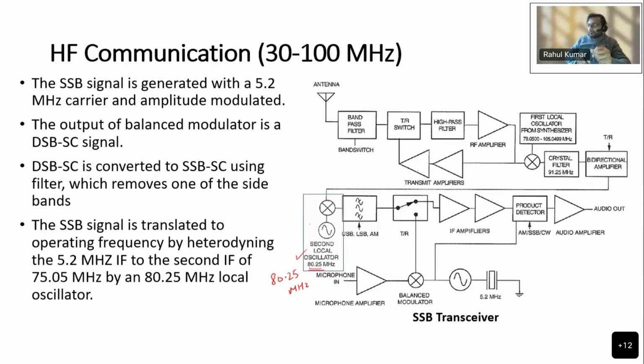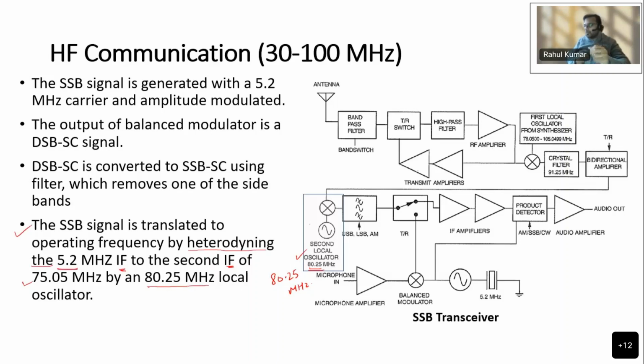So the SSB signal is translated to operating frequency by heterodyning the 5.2 megahertz intermediate frequency to a second intermediate frequency of 75.05 megahertz by using